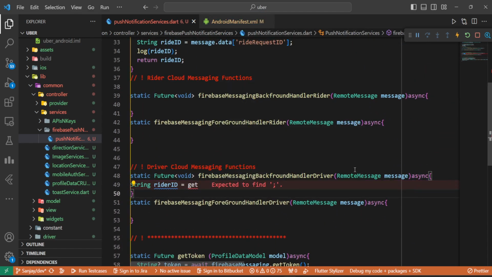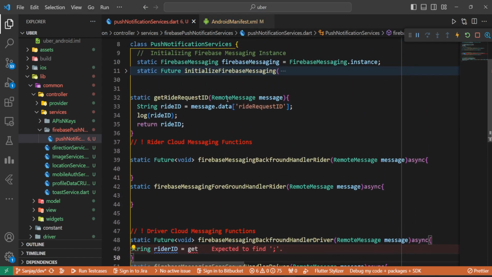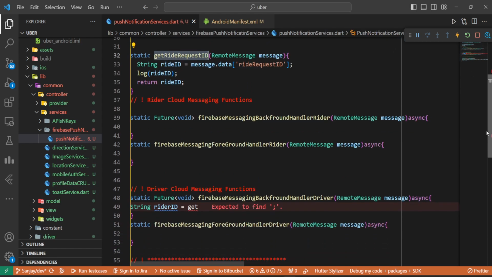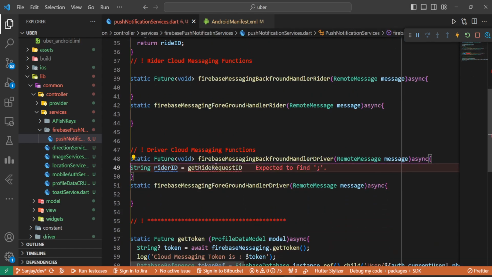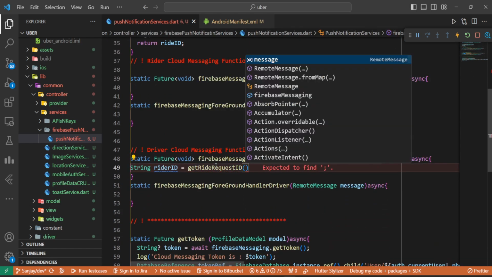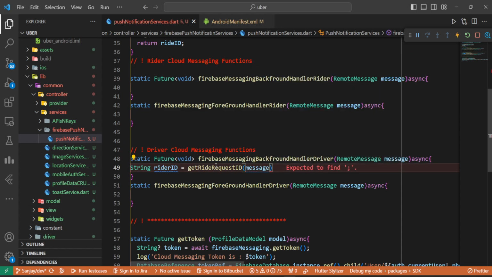Okay, we have introduced this function. Okay, get ride request id. I'll copy this one, paste up here, get ride request id, and it's going to be message. Okay, yeah, this is the background one, and inside foreground we will go with the same, that is get the ride request id,